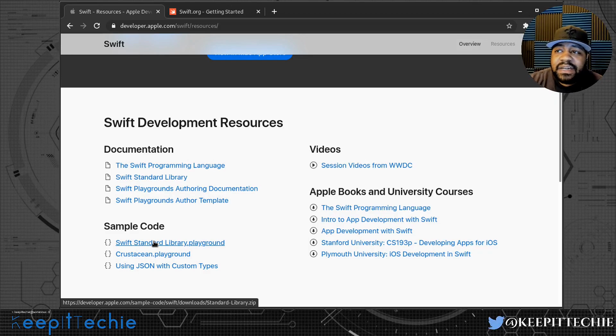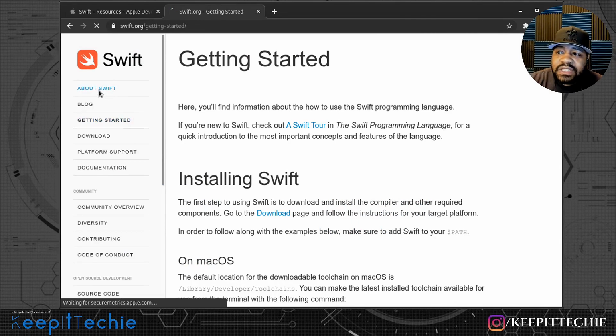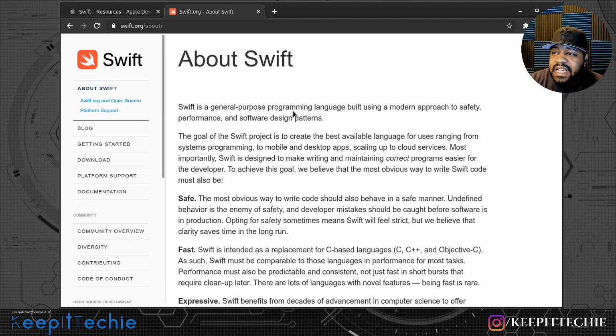Now, there was another thing I wanted to go to. I wanted to go to swift.org, and this is the main page for Swift. If we go to the About Swift page, it's basically the same information. Swift is a general purpose programming language built using a modern approach to safety, performance, and software design